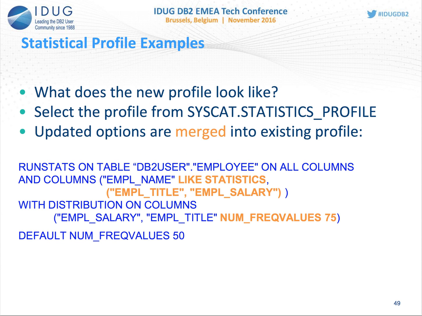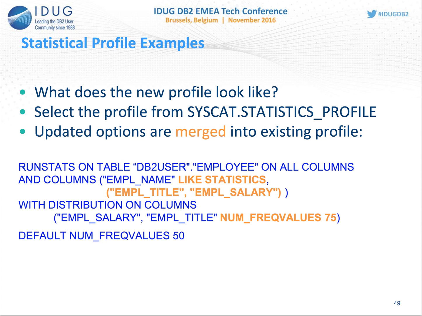And this example just goes. It gets a little bit tricky because the run stats options can be combined. Once you've already got some options and you want to add some additional ones, the general idea is it merges the new options with the previous options. So in this example, what this page is showing is the combined effect of the run stats and update stats profile on the previous page. In the interest of time, I'm not going to walk through that one in great detail, but just pointing out that once you have the stats profile, you can actually update it